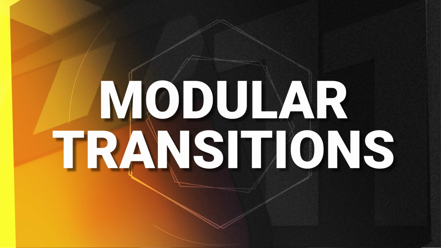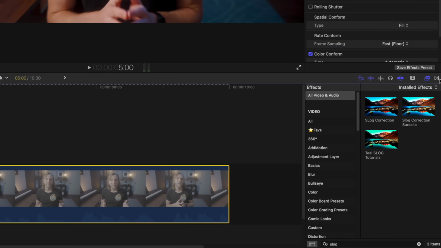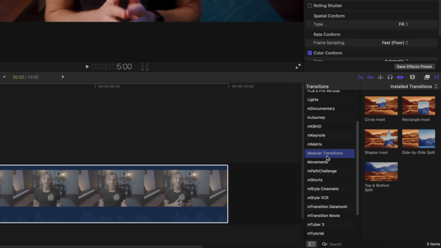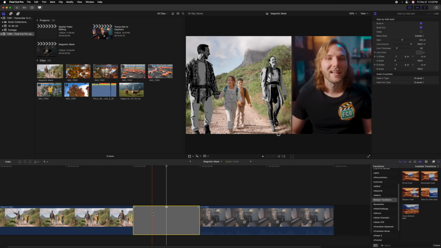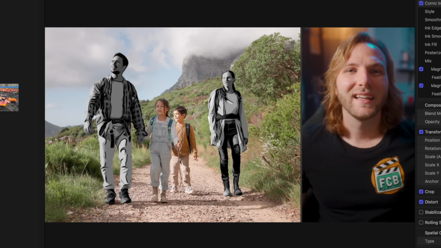Another really incredible feature are these new modular transitions. To get to them, you'll just go on over to your transitions, scroll on down until you find modular transitions, and you can see them all right here. Let's say I want a split screen effect. I can just simply click and drag this as any regular transition, and as we play through, we can see